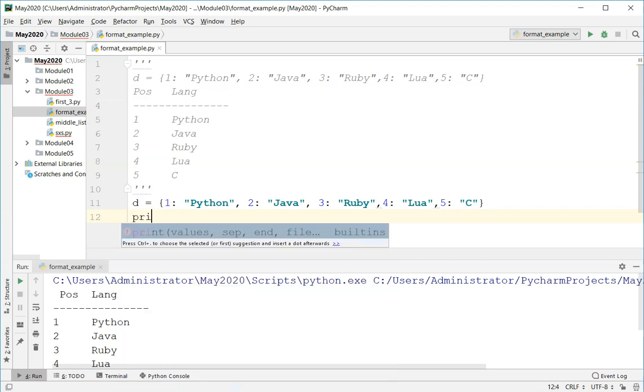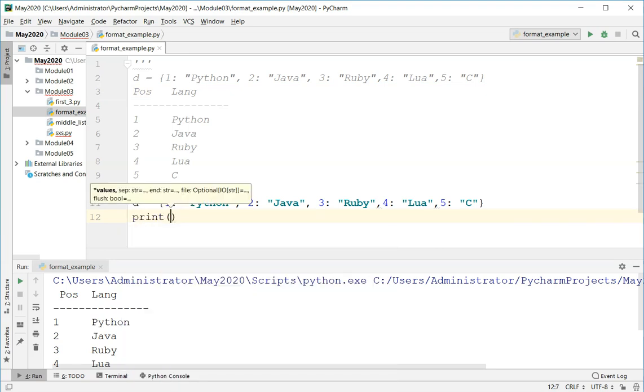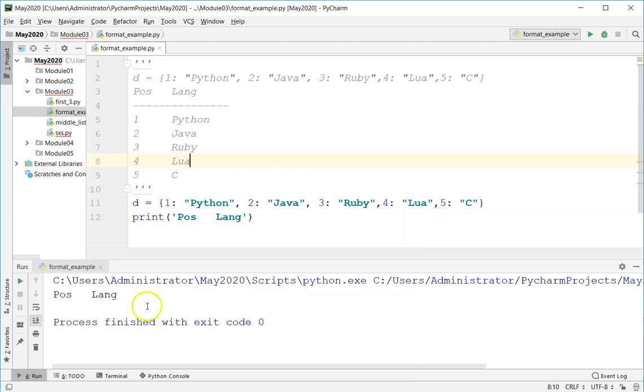As you guys know, I'm going to use a print statement, just a basic print statement at this point without any modification that makes it look nice. So I'm going to say print, Pos and Lang, and if I run it, it's going to print it. Is it exactly the same? It looks exactly the same, but it's probably not the same,